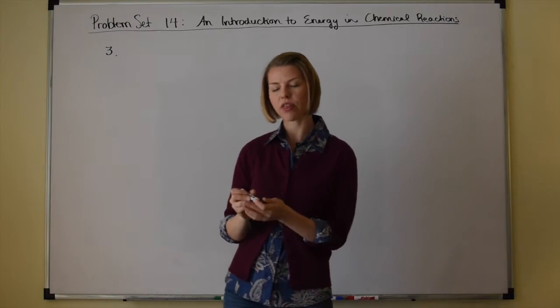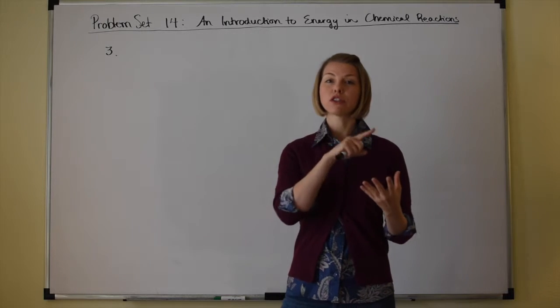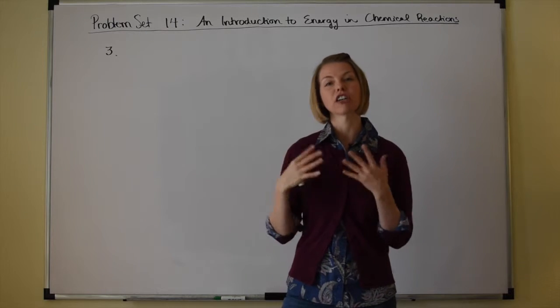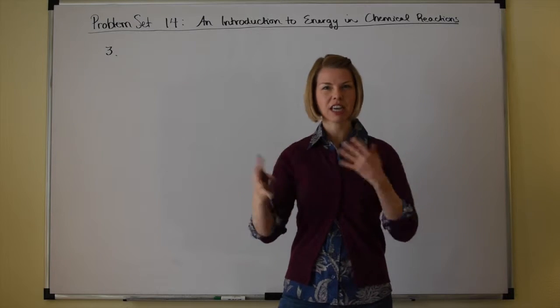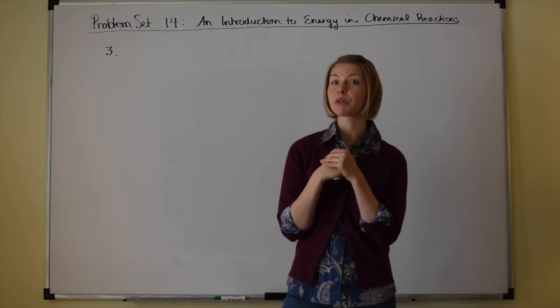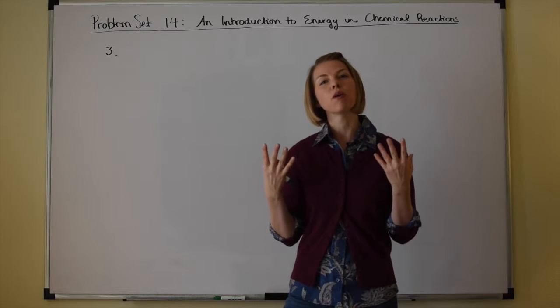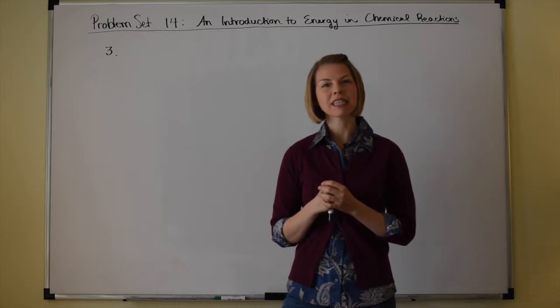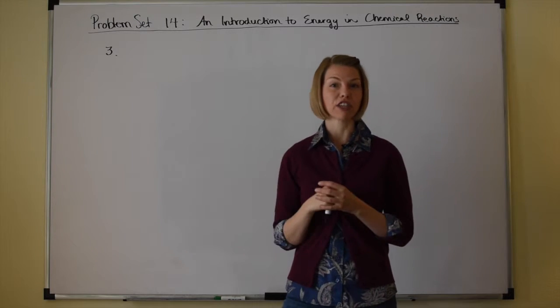And so we know that there's a minimum amount of energy that is required to overcome that activation energy barrier. Well, if those molecules have a higher kinetic energy, then the collisions that are occurring between those molecules will be more energetic, and therefore more collisions will meet that minimum energy requirement and be able to overcome the activation energy